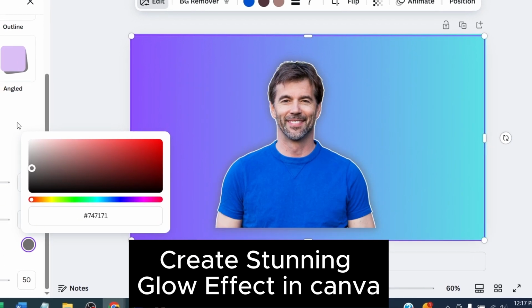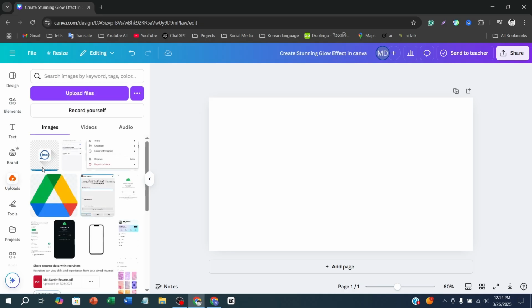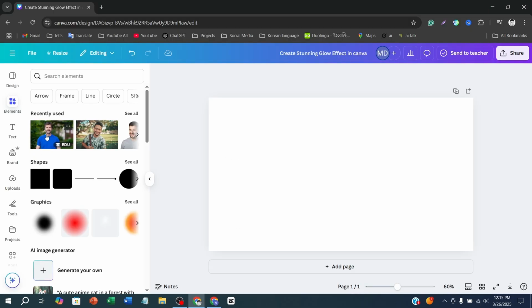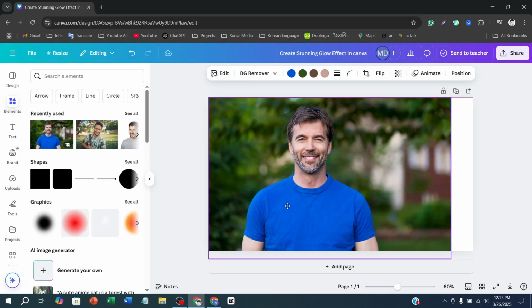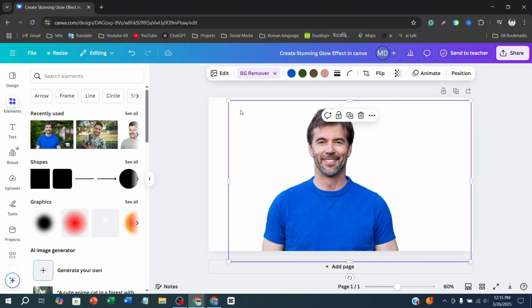In this video, I'm going to show you how to create a stunning glow effect in Canva. First of all, upload your photo in Canva. Once the upload is done, drag your photo into the Canva editor, remove the background, click on Remove BG, then click on